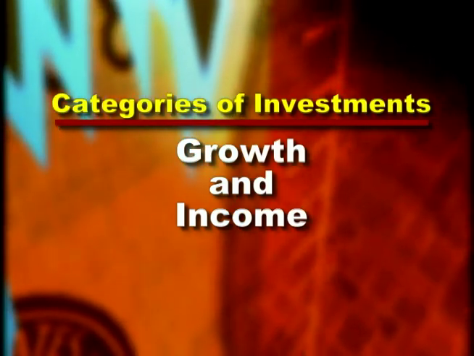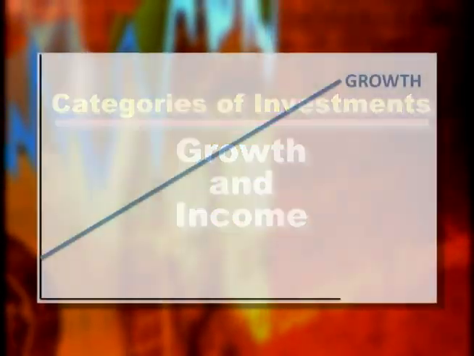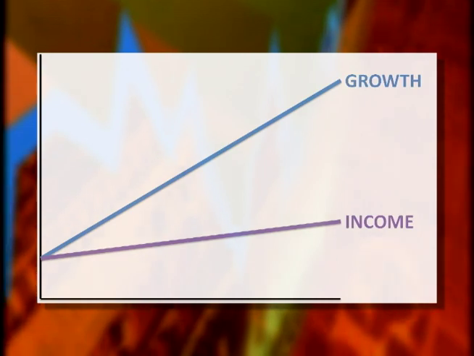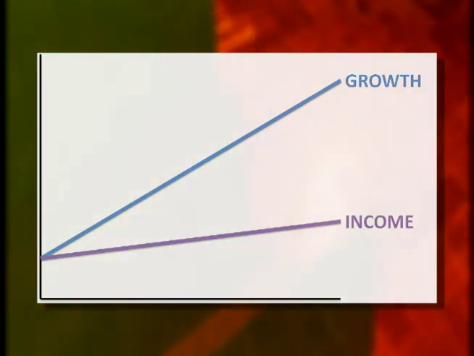So let's take a look at how growth investments and income investments perform over time. If we look at the performance of growth investments on a graph over a long period of time, what we find is that growth investments tend to perform with significant growth over time. As you can see, the performance graph looks almost like a 45-degree angle, headed up like a jet taking off. Now, if we look at the performance of income-oriented investments, we see the performance is much less exciting and over time really doesn't do too much to help our money grow.